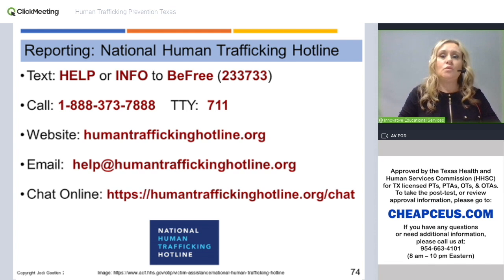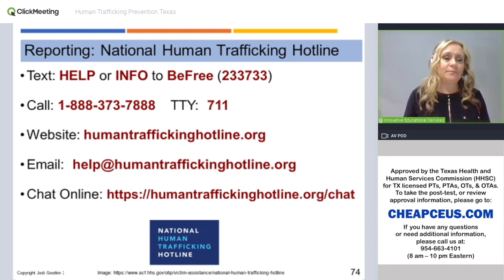When in doubt, you want to report human trafficking through one of the different mechanisms. The National Human Trafficking Hotline is not an immigration service. It's not law enforcement. It is designed to connect individuals who are victims of human trafficking with resources so they can escape their situation. It's also available if you're not sure, you just have a sense that maybe it's a trafficking situation, you can contact them to report the tip or to get direction on what is the next most